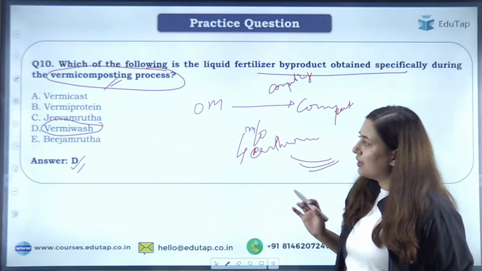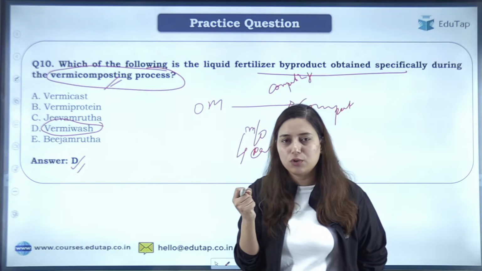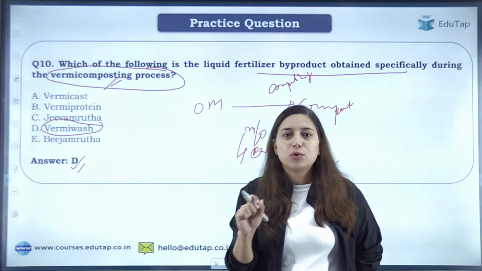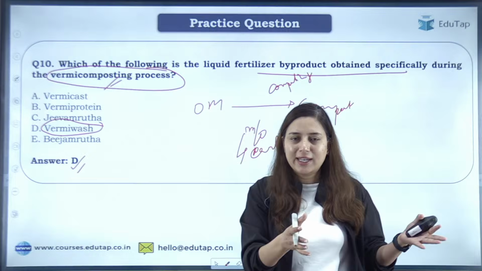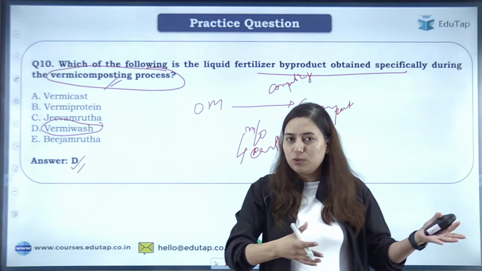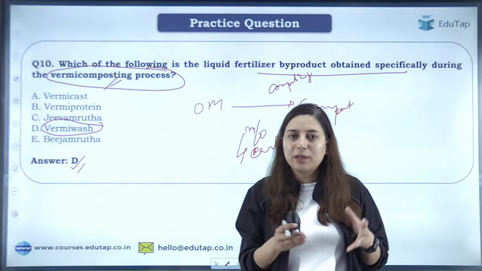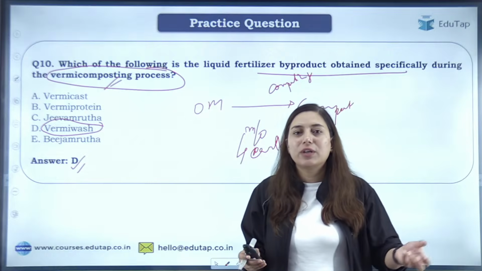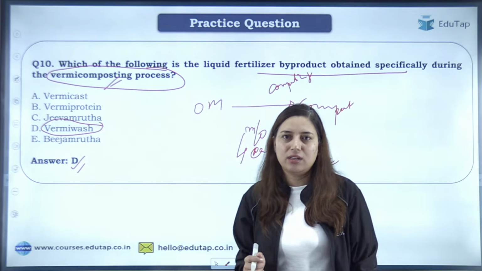क्लियर? वर्मी कास्ट क्या है? जो अर्थवॉर्म है, जब वो डाइजेस्ट करते हैं ऑर्गेनिक मैन्योर को, द वेस्ट प्रोडक्ट दैट दे जनरेट इज कॉल्ड वर्मी कास्ट। वर्मी प्रोटीन इज बेसिकली द एक्स्ट्रा अर्थवॉर्म, ठीक है। आपने सर्टेन अमाउंट ऑफ अर्थवॉर्म डाले, दे हेल्प इन डिकम्पोजिंग दिस ऑर्गेनिक मैटर इनटू द कंपोस्ट। अब क्या होगा, विद टाइम अर्थवॉर्म की पॉपुलेशन बढ़ जाएगी, वो एक्स्ट्रा अर्थवॉर्म आपको निकालने पड़ेंगे। यू कैन यूज दिस अर्थवॉर्म फॉर फीडिंग योर फिशेस, दैट विल बी कॉल्ड एज वर्मी प्रोटीन, ठीक है।